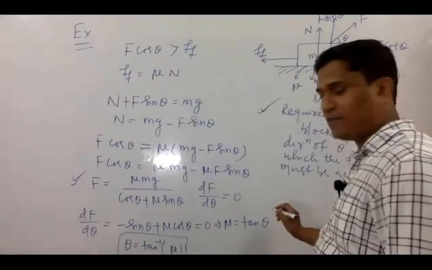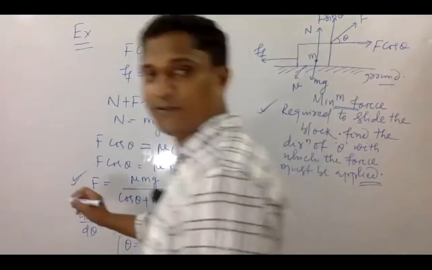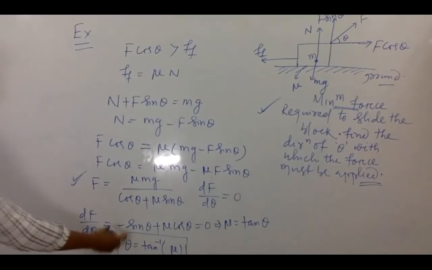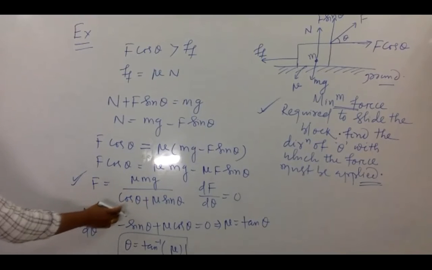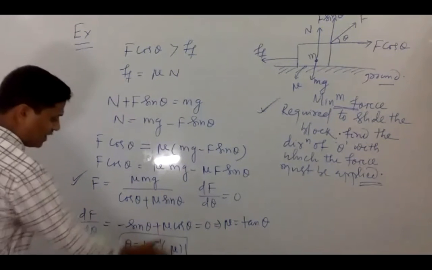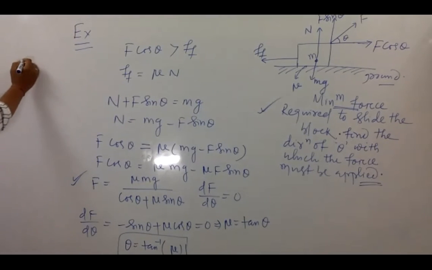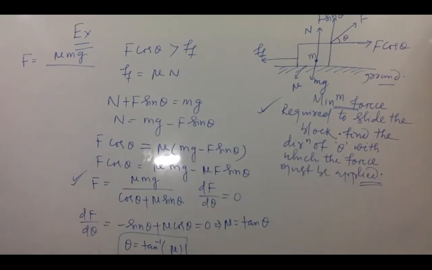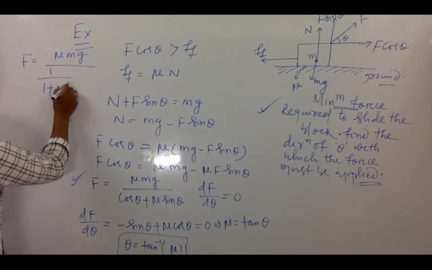Students, see here, once I have found theta, then I can put it here. This side also visible, right? You can write F here, correct? After finding the value of theta, by putting the value of cos theta in terms of mu, because you got theta is equal to tan inverse of mu, right? So you can write F is equal to how much? In the numerator, students, you write mu mg, right? From trigonometry only, if theta is equal to tan inverse of mu, in place of the denominator cos theta, cos theta means 1 by root over 1 plus mu square.